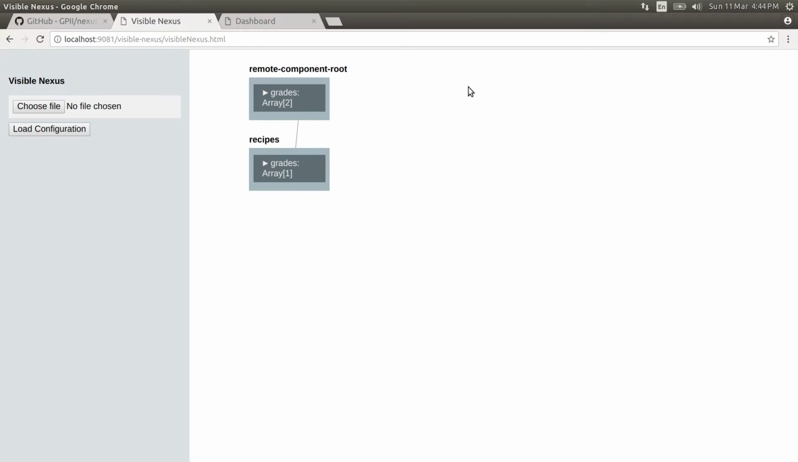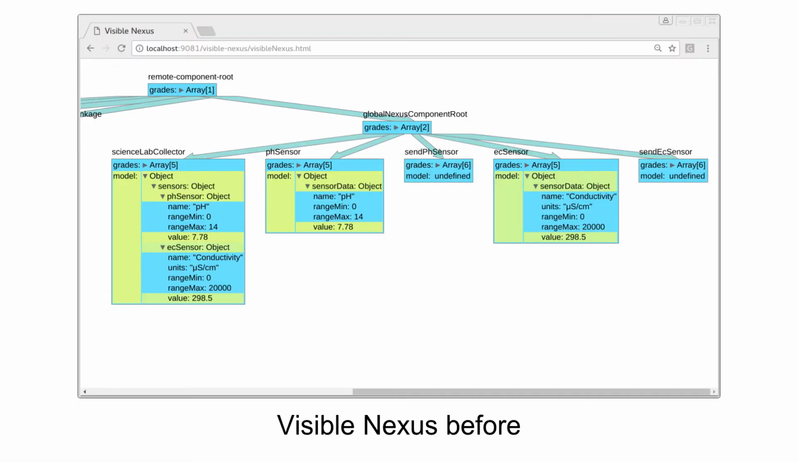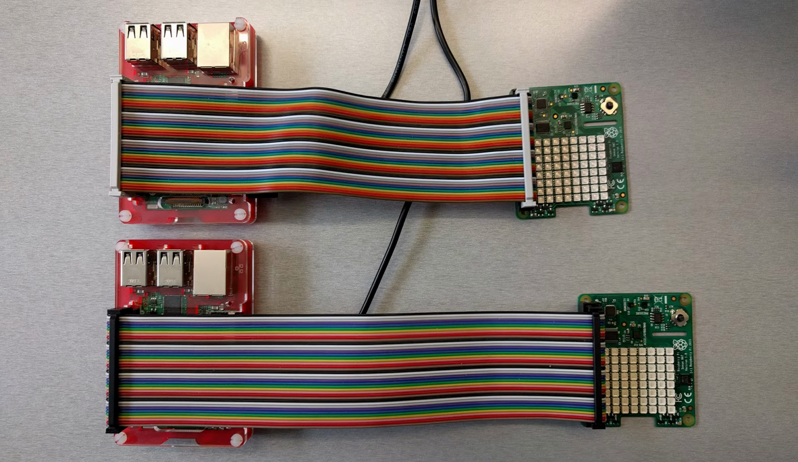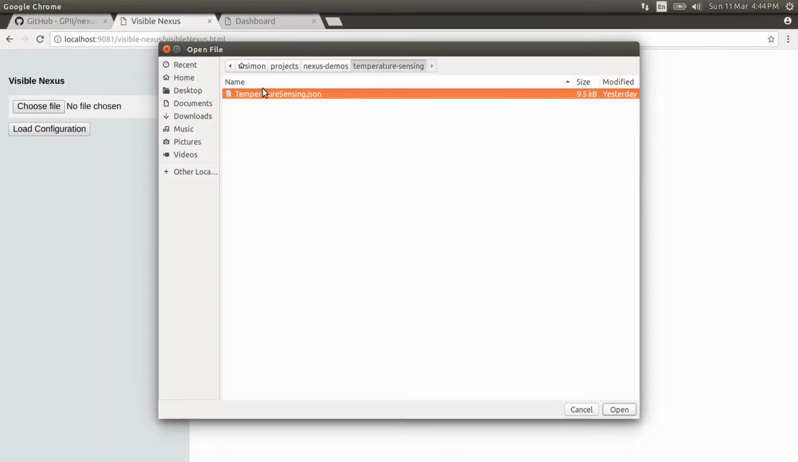In addition to the modularization and containerization work, we analyzed and redesigned the visible Nexus user interface. We created a declarative notation for expressing Nexus configurations and added a control to load configurations to the visible Nexus interface. I will load a configuration for presenting two Raspberry Pi-based temperature sensors, together with a calculated temperature difference between